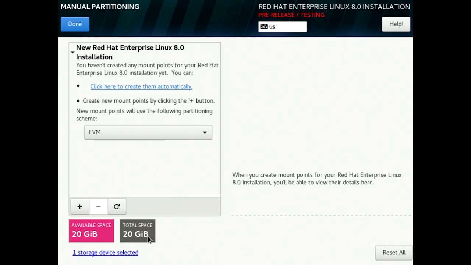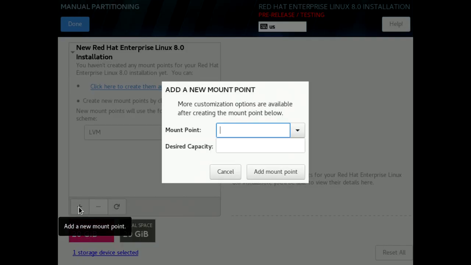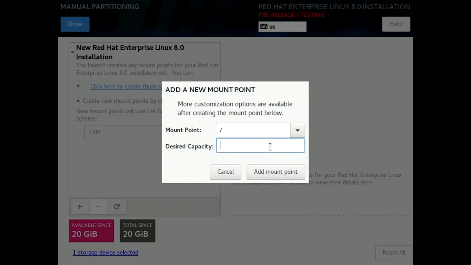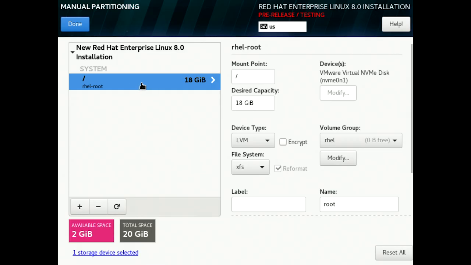If you want to set up something simple, then you click on the plus and you can add new mount points. So the mount point is the directory that you are going to use on your server. And you can, for example, use slash and then you specify the desired capacity. So if you use slash with a desired capacity of 18G, it will create an 18 gigabyte root partition. After specifying the 18 gigabyte root partition, you can see the mount point, the desired capacity, and you can see